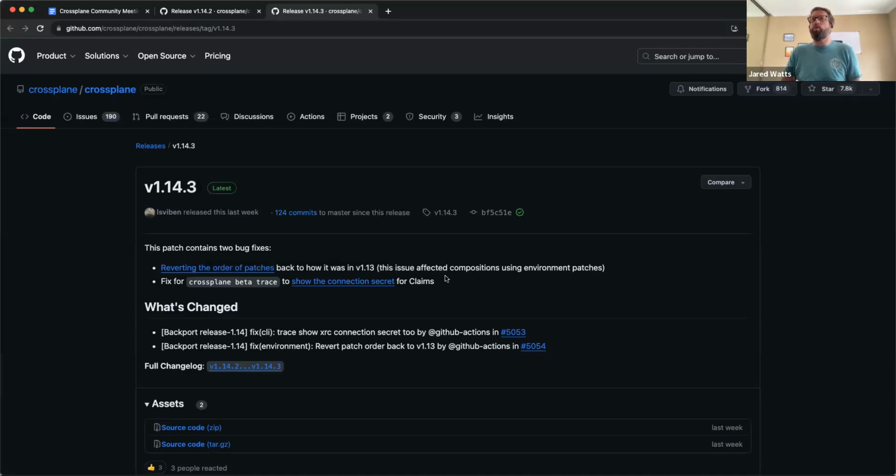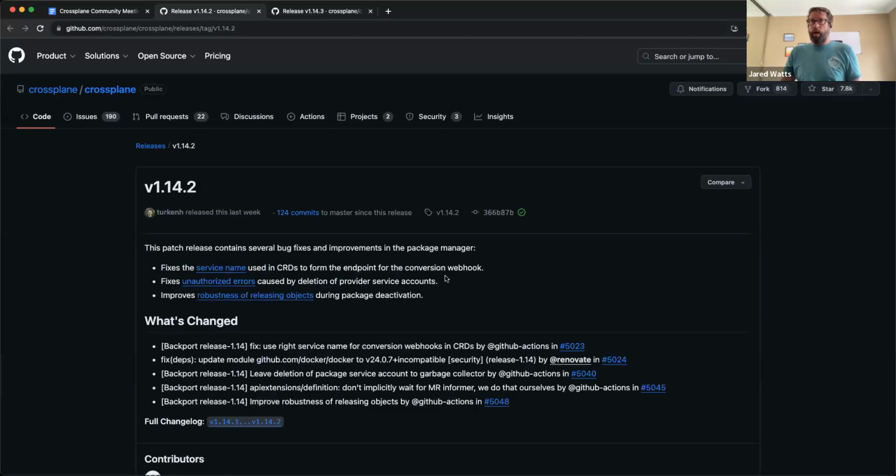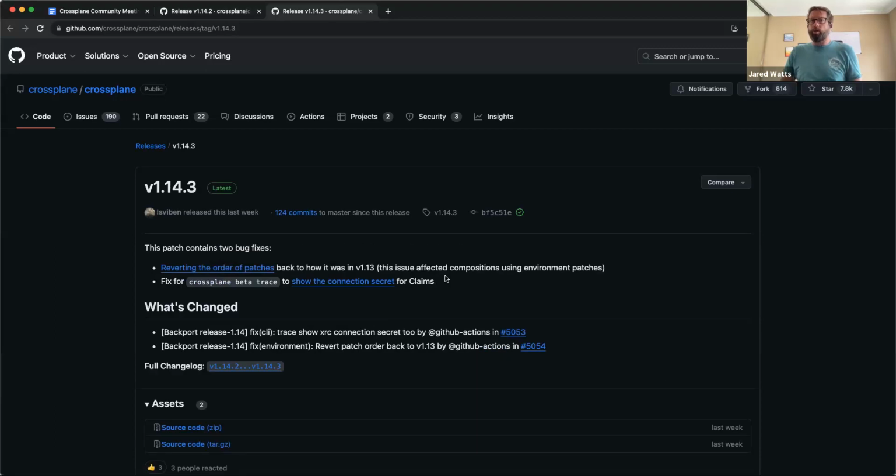Those are the most important ones to call out. I don't know off the top of my head of any candidate fixes for a .4 patch release. .3 is the latest one, and we're always happy to see more feedback if folks find issues, and we'll continue doing patches to keep driving the reliability and stability of the 1.14 branch.